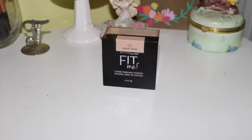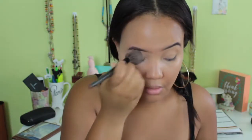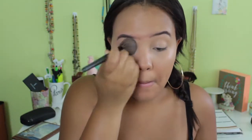Now I'm taking my new favorite powder. This is the Maybelline Fit Me Loose Powder in the shade Medium, and I'm just setting my eyes with a brush just to make sure that the concealer doesn't crease or move throughout the day. I love this powder. It's so finely milled, and it's not too thick or cakey, and it doesn't smell like anything, and it has just a little bit of a tint to it,